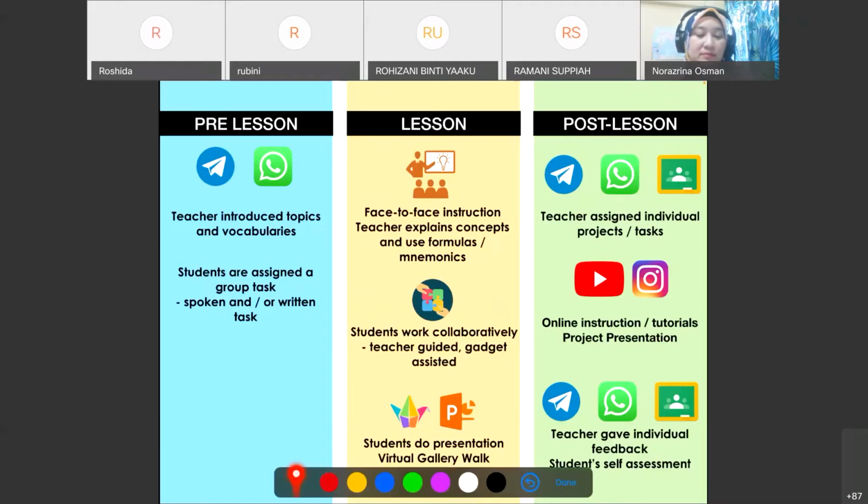Usually, in every class in my school we have a gallery. However, I did a virtual gallery walk so that the students feel like, oh yeah, there's a function for me to bring my phone to school. And we have a section called Talk of Fame, in which the students share ideas and feedback, and there is peer assessment that happens in the classroom.